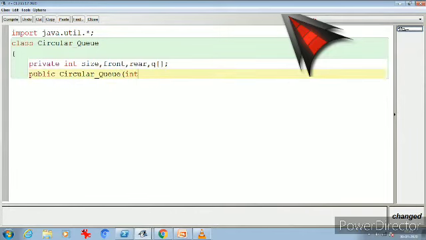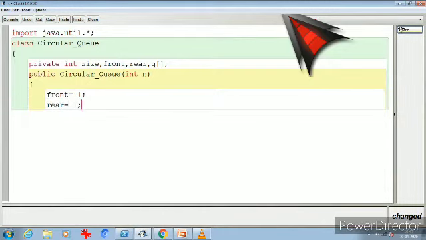First we initialize front as -1, also rear as -1, then pass the size as n and initialize the array, so q equal to new int with the value size.